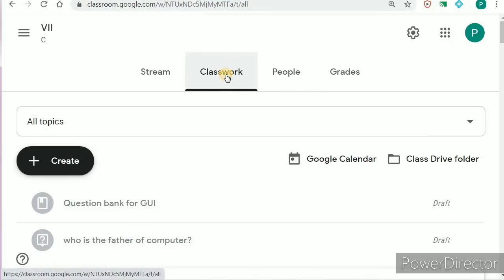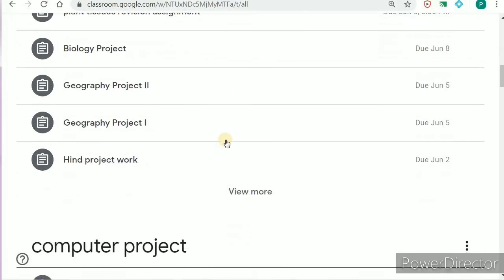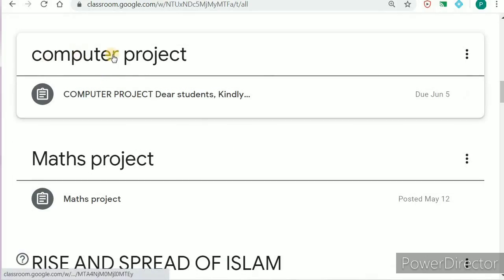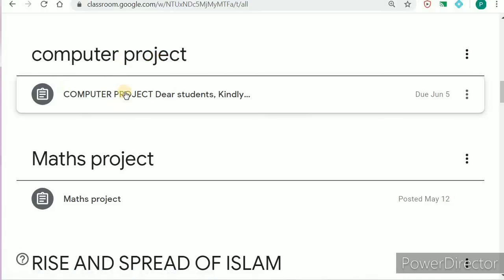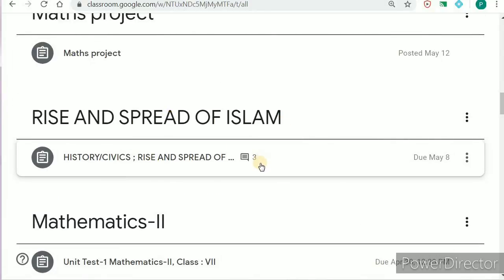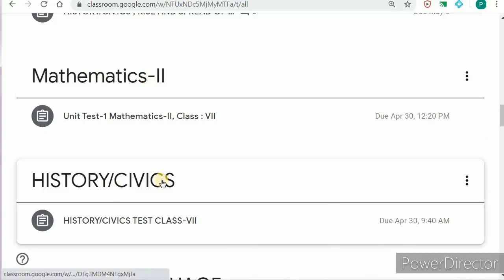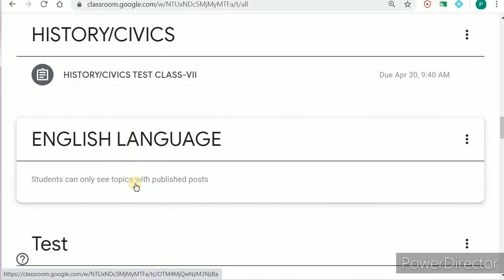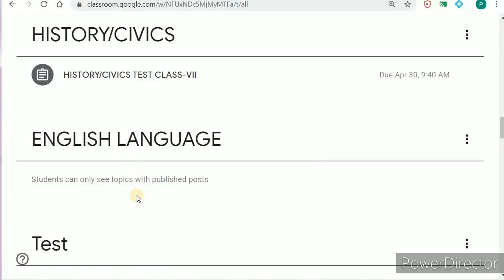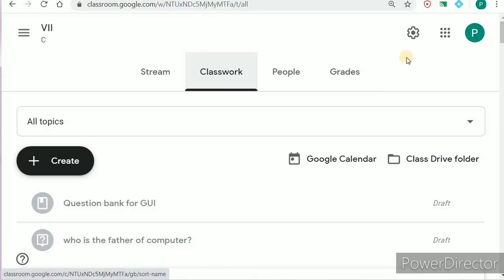Now we will see what are the advantages of topics. So we'll go to classroom, then we'll see the topic names come as these headings like computer. These are the topic names. So what are the advantages? If you write the topic, then all the posts related to that particular topic will be clubbed together. So using topics we can organize our posts better. So we should always give the subject name in the topic so that they can be organized properly.